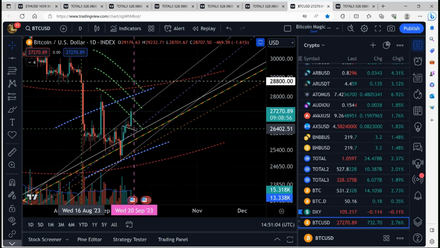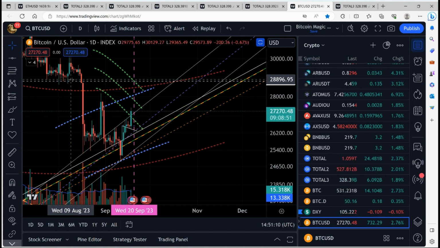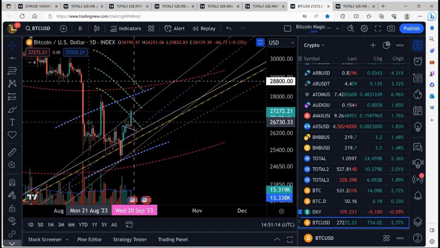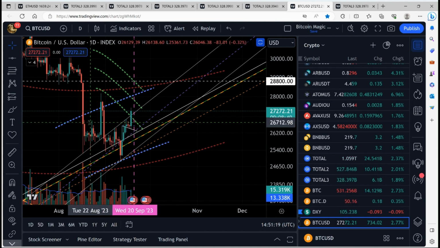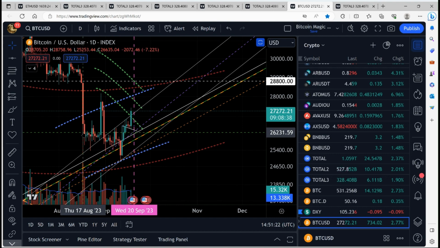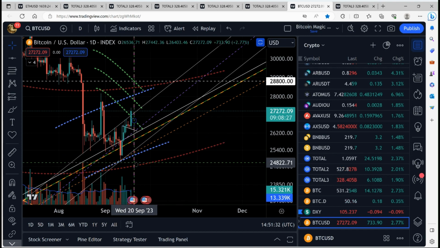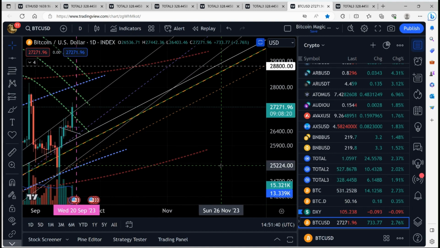Now, if you follow Gerber Baby, he really talks about the 5-day Gaussian channel as being quicksand. And we did fall into it and got sucked into it here. And we've been in it. This is a daily chart. Well, since mid-August. Here we are mid-September, so the past month we've been in here. And what's pretty key here is that we bounced right off of the mean band. Right there.